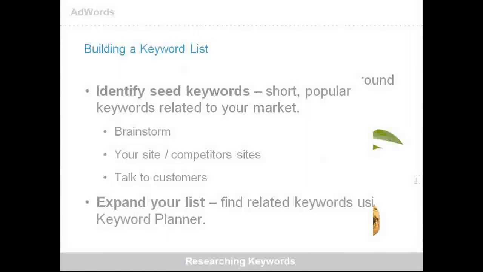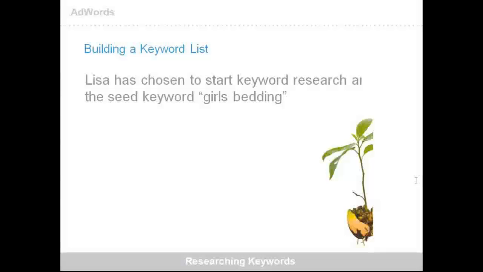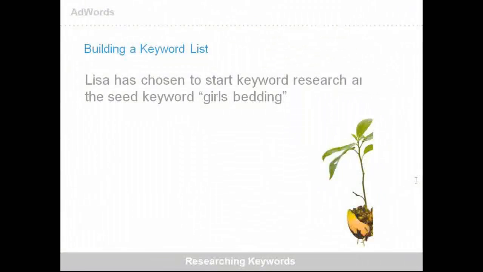The next step is expanding this existing list of keywords. Here is where Google's free tool comes in. Most of you must have heard about the Keyword Planner. It used to be called the Keyword Tool a while ago. It's part of your AdWords account. It's a free tool, listed under Tools. What we basically do is start with the main keyword. In the case of Linda, it is girl's wedding.